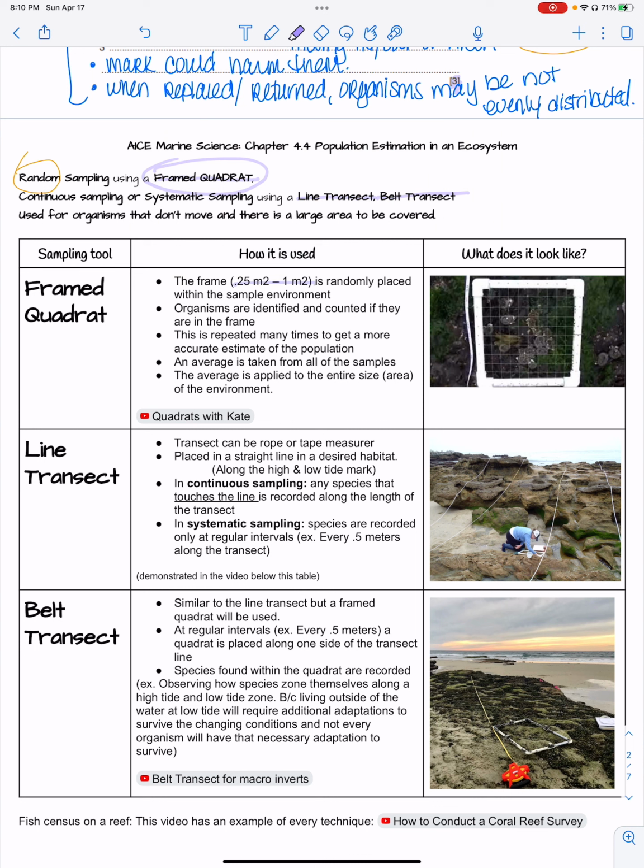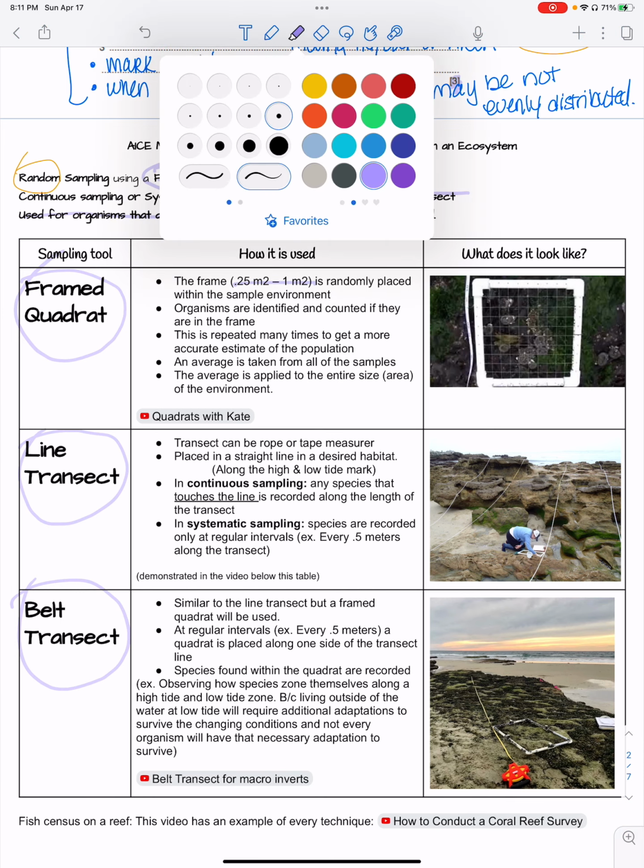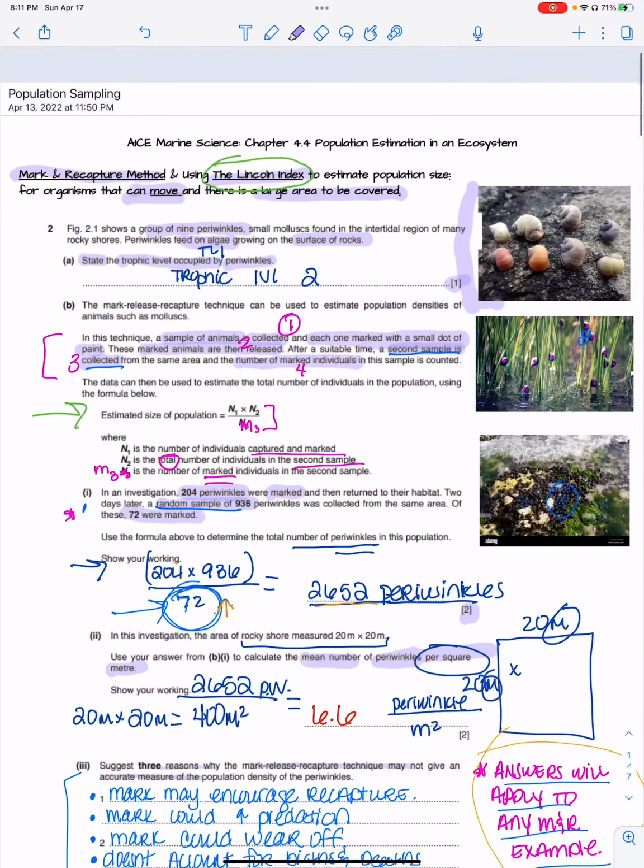Okay, and then how you do it. So you're going to say you're going to use a framed quadrat, or we can say the line transect or the belt transect, but as we get closer to describing those, they'll become a little bit more obvious. And you're going to randomly, for the random sample, throw it in an area that you want to sample the amount of organisms on, or a specific type of organism on. These are going to be used for organisms that don't move, where your mark and recapture was for organisms that move,